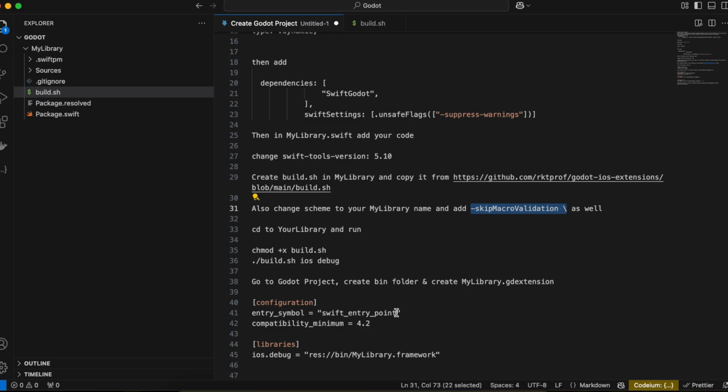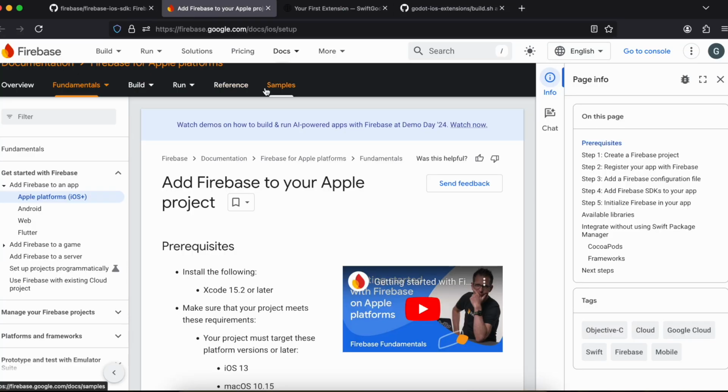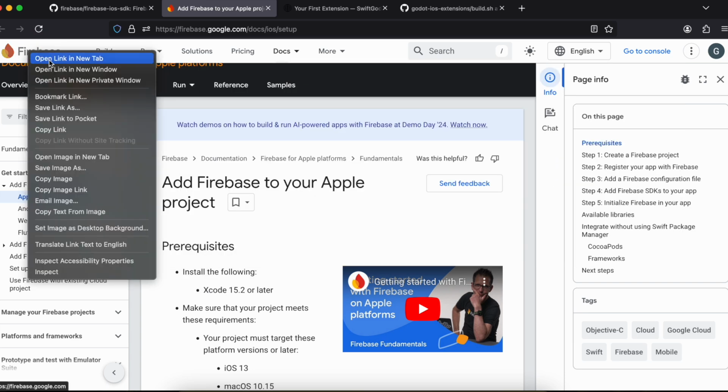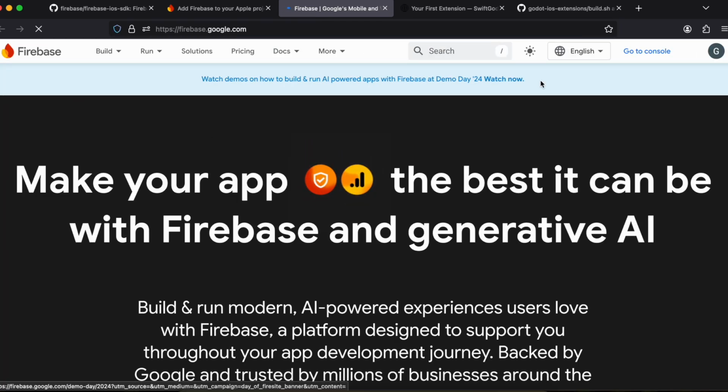now we will have to write the actual code for this. So for that, we just have to first go to firebase.google.com. So here you can see I am inside firebase.google.com, and firstly we will have to create a new project, right? So we will have to go to console,